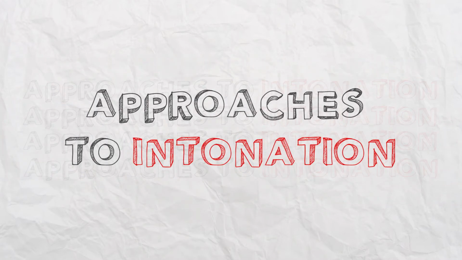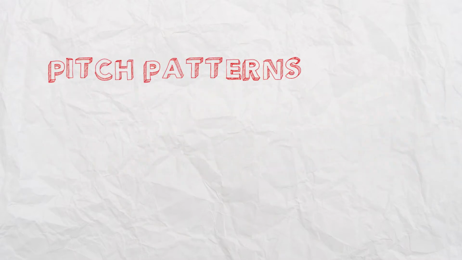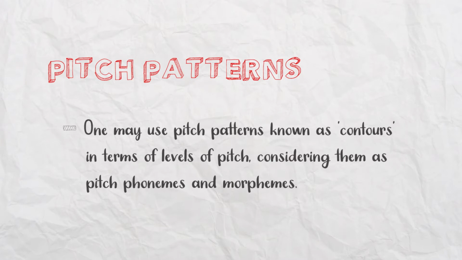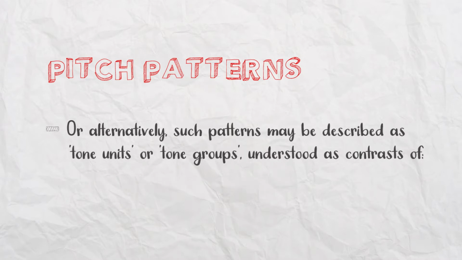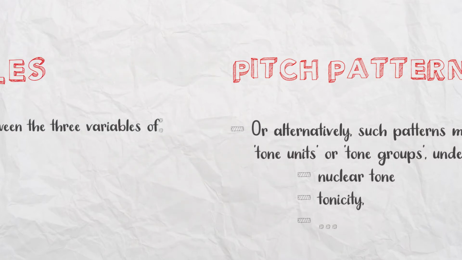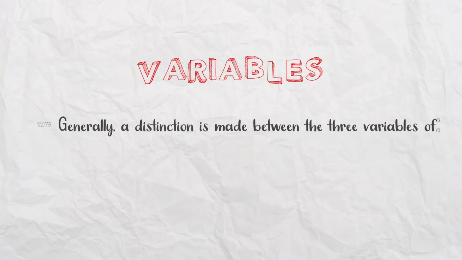There are various approaches to the analysis of intonation. One approach is to look at the pitch patterns as contours in terms of levels of pitch. And there's even terms such as pitch phoneme or pitch morpheme. There's other approaches in which such patterns may be described as tone units or tone groups, understood in contrast to nuclear tone, tonicity, etc. In these technical discussions of intonation, a distinction is made between the 3 variables of pitch